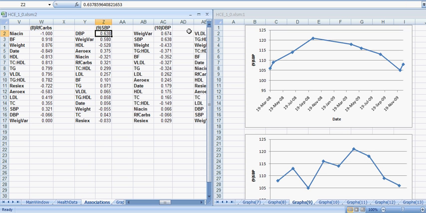The association between systolic blood pressure and diastolic blood pressure is interesting, but from a management of systolic blood pressure perspective, it's close to irrelevant because I really can't manipulate systolic blood pressure that easily. Weight variation seems to be somewhat strongly associated with systolic blood pressure, but not that much. The association is below 0.6.